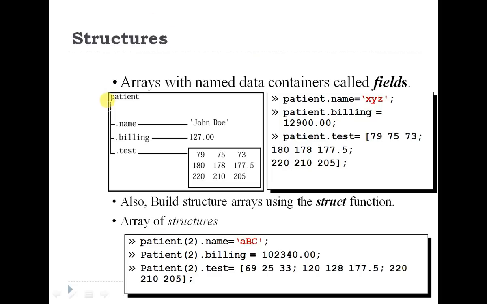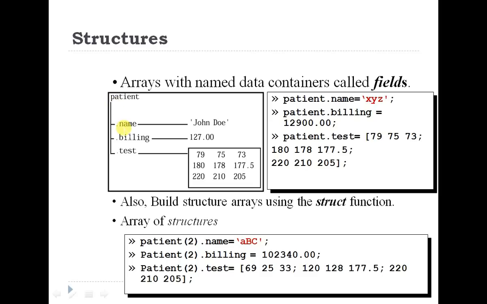Then what is the structure? So what is meant by structure? If we have to create some database of a particular function, or of a particular object, we have to create some database for that object. So what is the object name? Our object name is patient, or we can say our variable name is patient. Inside this variable some variables are situated, so that is a cascaded type of array. So inside an object multiple variables can be written.